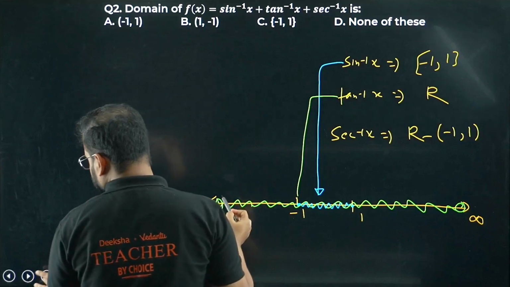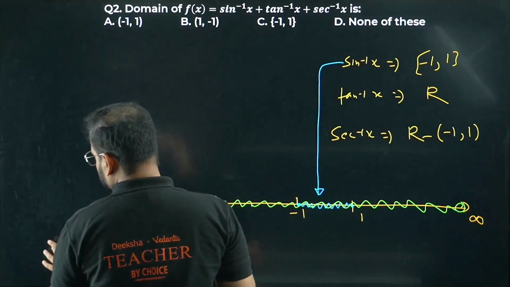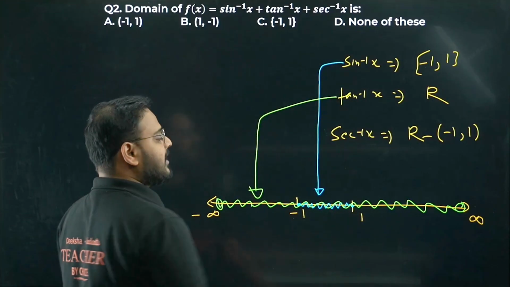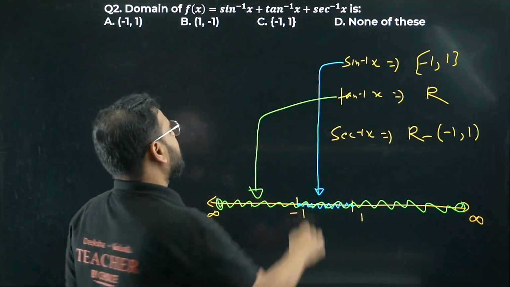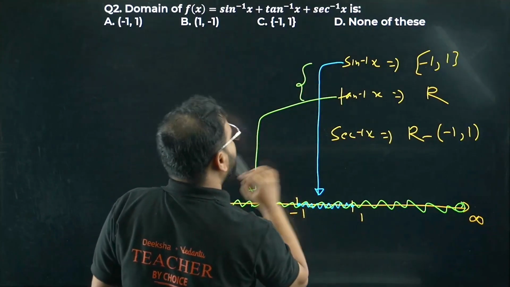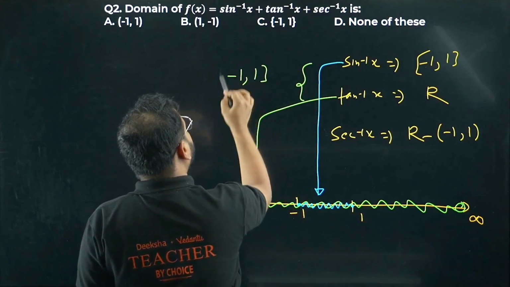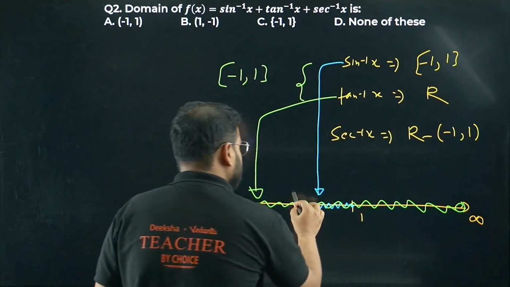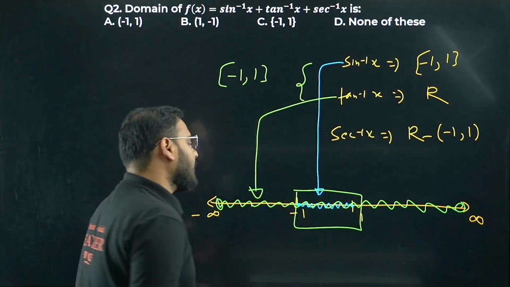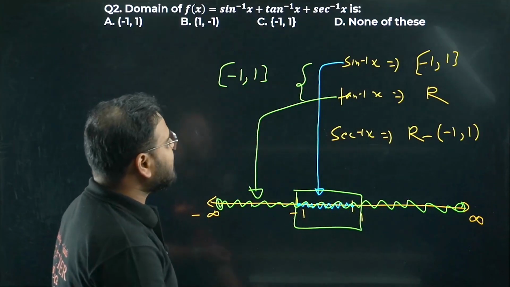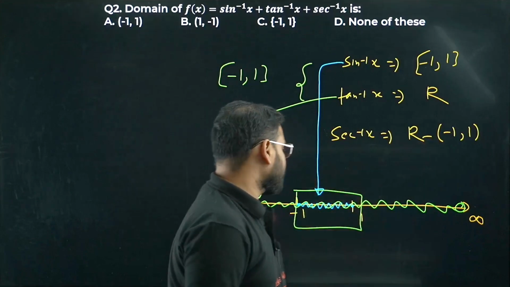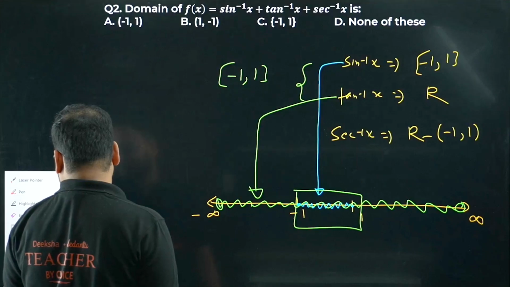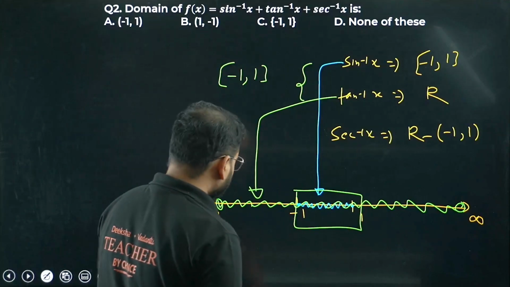One second. I can do better. Tan inverse of x, this all real value. Intersection of those two is going to be simply minus 1 to 1. All real with this, the intersection is minus 1 to 1 only. So far my answer is minus 1 to 1 closed. Clear now? The last part, all real except for this. I'll show you below. So the last part, the answer is,